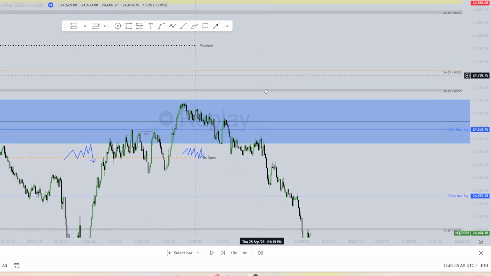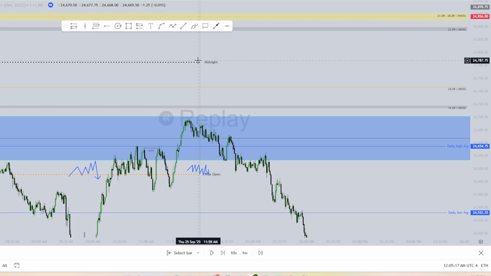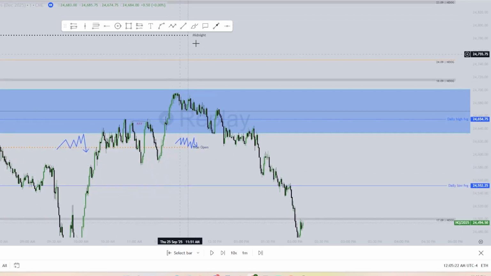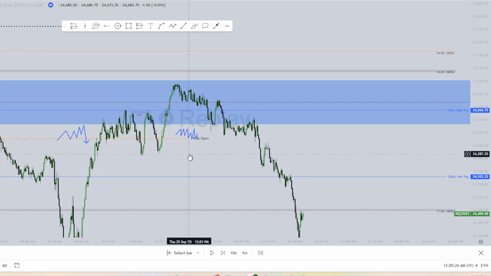I saw that it was below midnight. In this case, it didn't really help me, but that's another narrative some people can use as well. Like, hey, if we're above or below midnight. Like I said, my biggest thing is looking at the narrative, understanding why we should be going down or up and when we should be going down or up. And yeah, I hope that